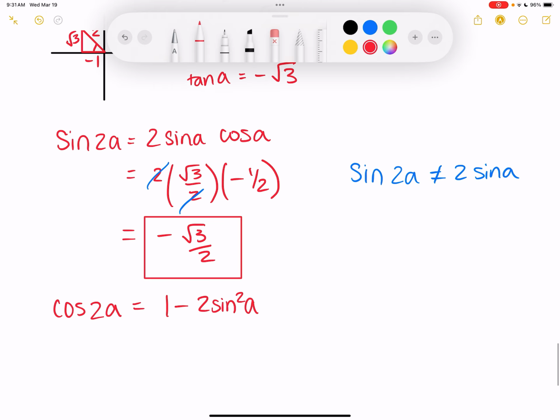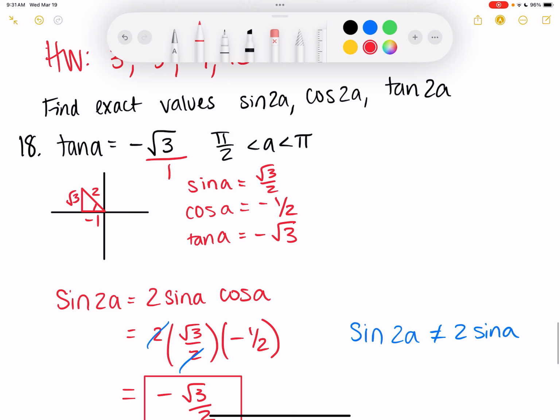Now, just as a reminder, I know we briefly talked about this the other day, but the sine squared of A is the same as the sine of A squared. So when you go to plug in the number, you're going to replace the sine of A with whatever that number is and then square the whole thing. Okay. So this is going to be 1 minus 2 times the sine of A, which is root 3 over 2,